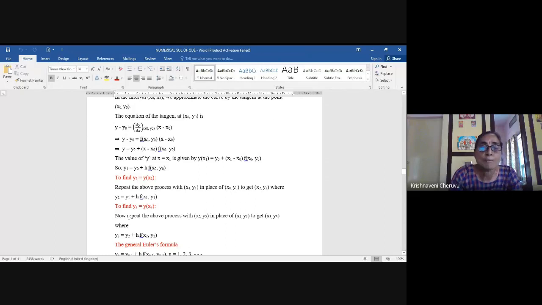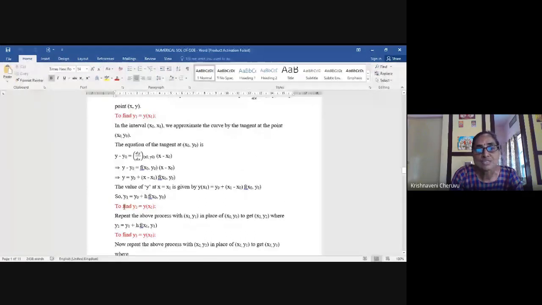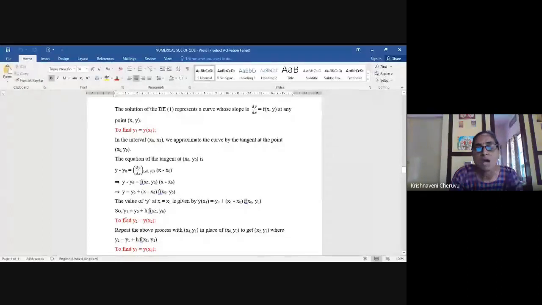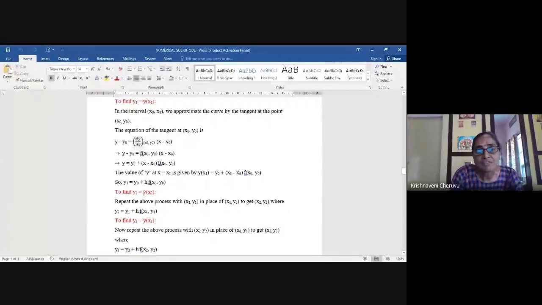And remember, girls, it's a homework for you. I explained to you the first step here, how to get the formula for y1 from y0. And now you write it for the second one, y2. I explained just now how to proceed: you replace x0 by x1, y0 by y1. That's all. You will get a formula for y2. Better you write that here, girls. When you are given this in the examination, better you explain 2 steps rather than writing like this.